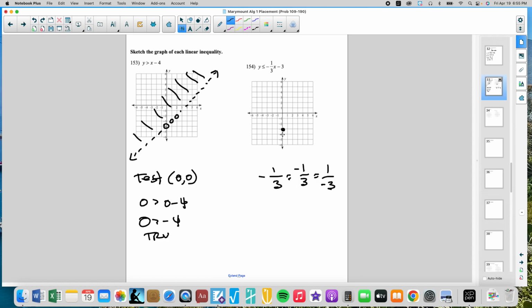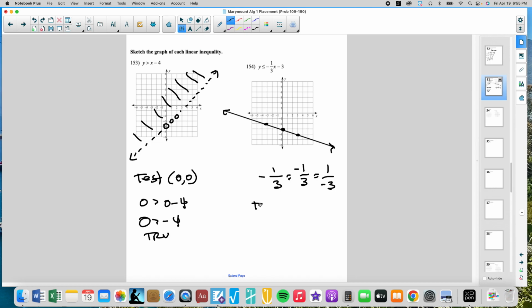So I'm going to go down 1, right 3, or I'm going to go up 1, left 3. This is going to be a solid line, because it's included. The border is included because it's equal to. So we put arrows,